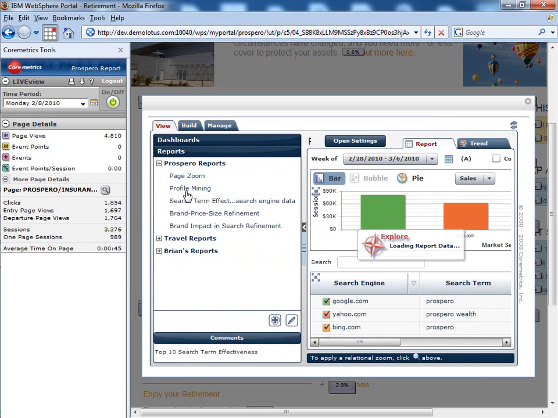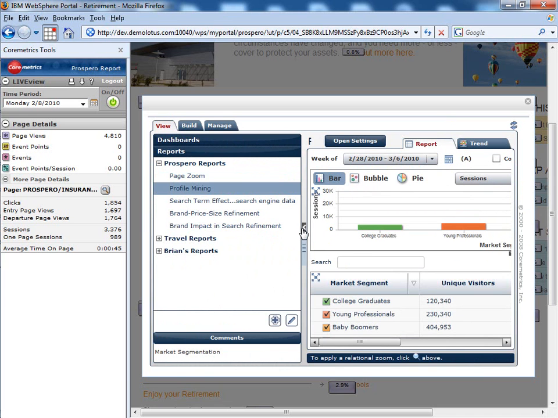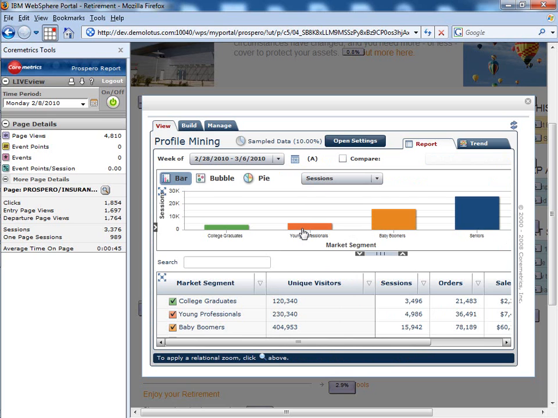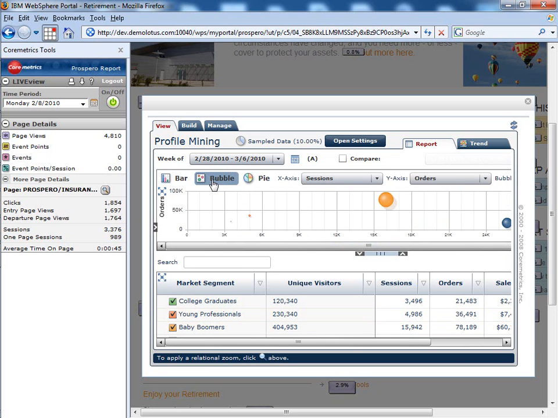So I can see a profile view of the folks that are making decisions on buying, in this case, retirement packages. So I can drill down into the college graduates. I can see who's purchasing, the number of sessions that are actually coming through. I can change the view here to a bubble chart to get a different understanding, a